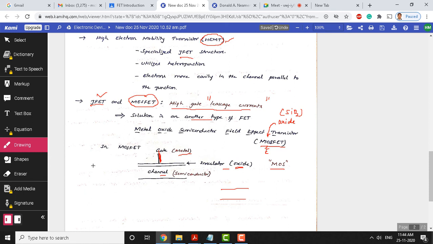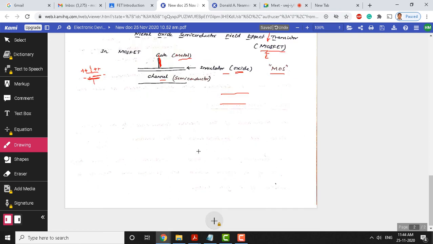The gate itself acts like one metal plate, and the channel acts like another semiconductor plate, and now if you apply voltage here, it looks like a capacitor. If you apply positive voltage here, opposite type of charges get induced in this channel region, negative charges get induced. Okay. That is why it is called an N type channel, the channel must be of N type here. Okay. So, any questions so far?